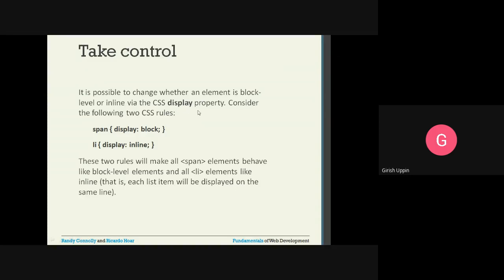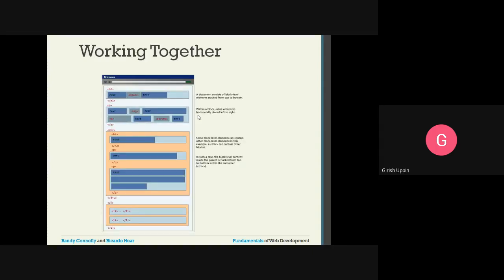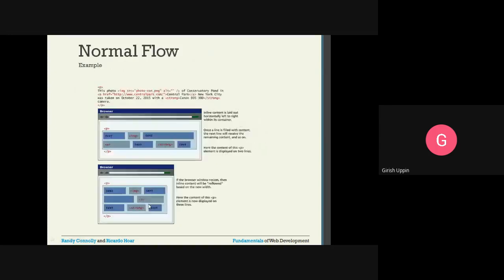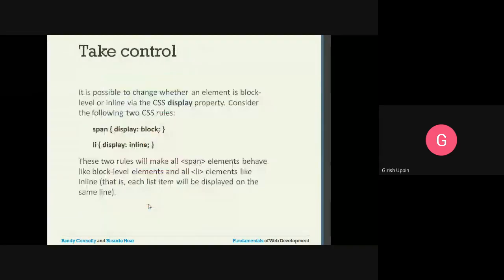So using the display property, we can make any element either block or inline. By default, the browser treats these elements as block level and these elements as inline elements. But you can override that property, means you can change whatever is the default nature